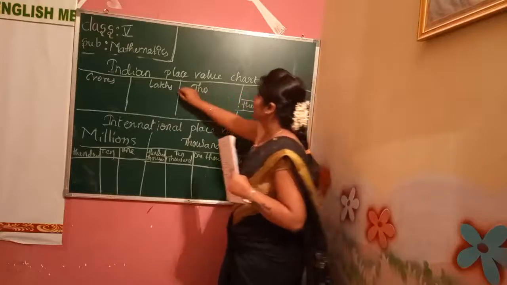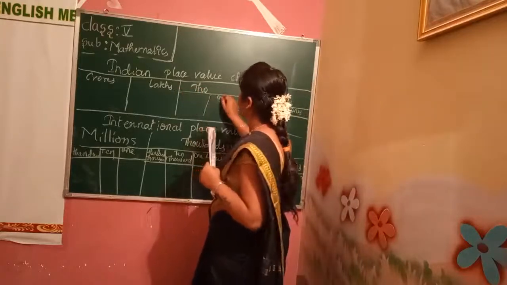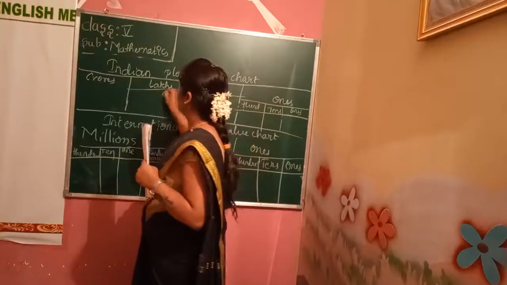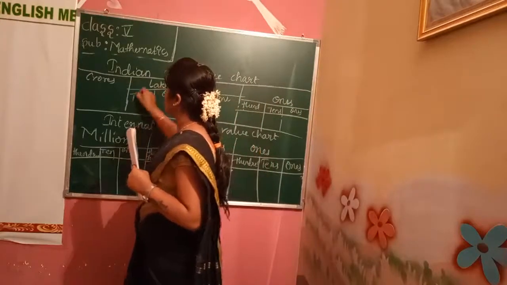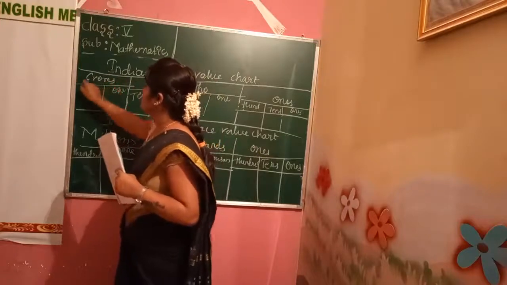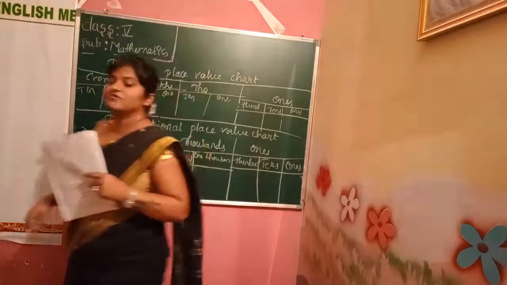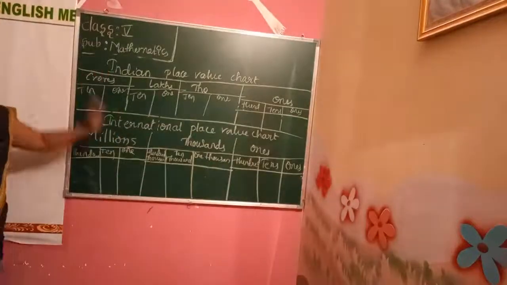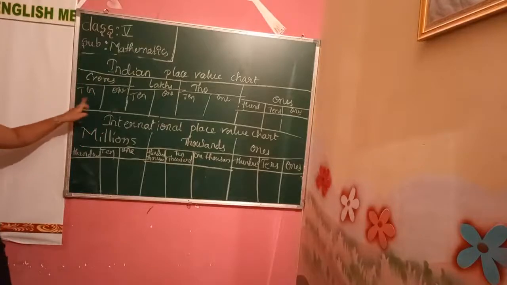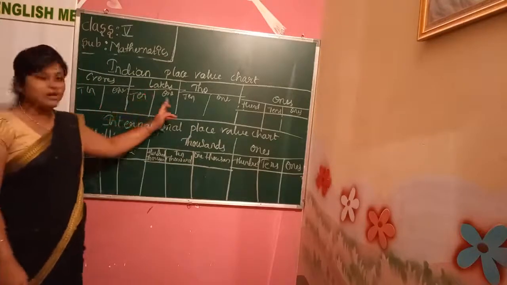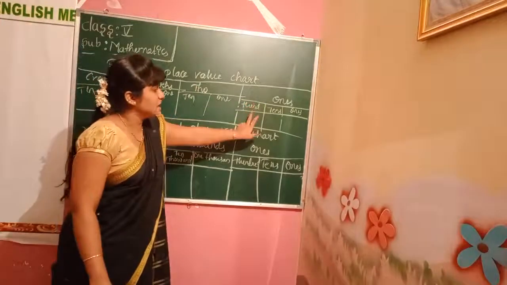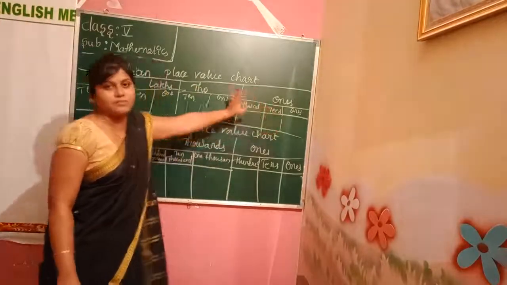Three were coming. Here 1,000 and 10,000 were coming. And here 1 lakh, 10 lakh. And here 1 crore, 10 crore. Difference understood now? Here in the Indian place value chart we have the crores place at 10, 1, the lakh place at 10, 1, and in the thousand place we have 10, 1. And ones place 100, tens, 1. This will be the same.